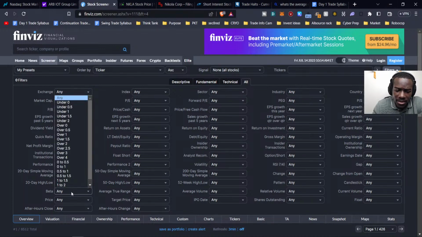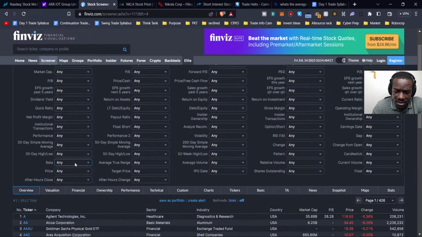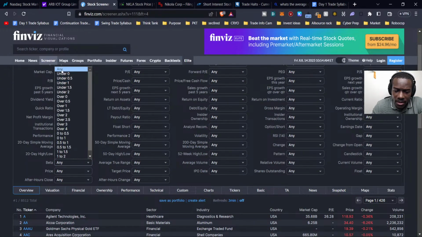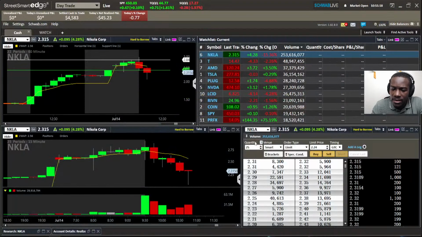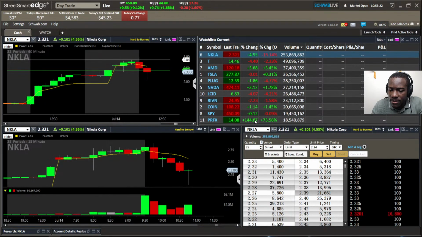Okay. So yeah, it looks like it has a 1. I think what's the highest it goes? I think it goes to 5. It's like 1 to 5, and then 5 to -5 is what I think it is. Or is it 0 to 5? Let's see. Under 0, 1, 1.5, 1 to 2, over 4. So if you're looking for stuff that's super relying on the market, you want that 4. All right, let's go back. 232 pulled back up there, but again, I'm just not interested.